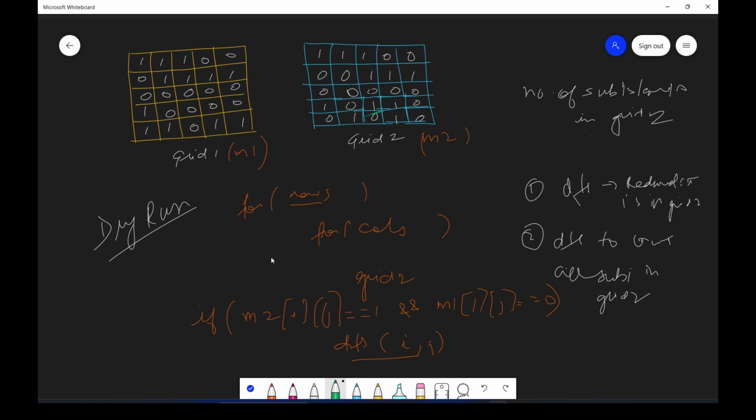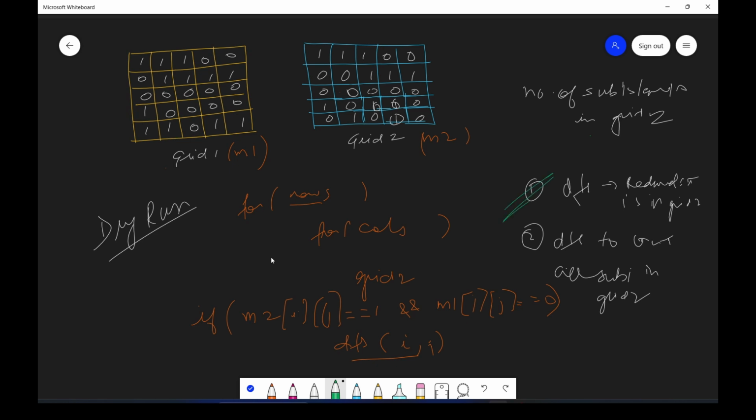So we will call DFS on this, and in DFS it will go in all 4 directions and mark whatever ones are in this entire island to 0. Here it will be marked 0, then it goes horizontally, it will mark 0, then vertically and marks 0. So all these are marked 0. After that you go to this one and this one is already 1 here, so nothing you will do.